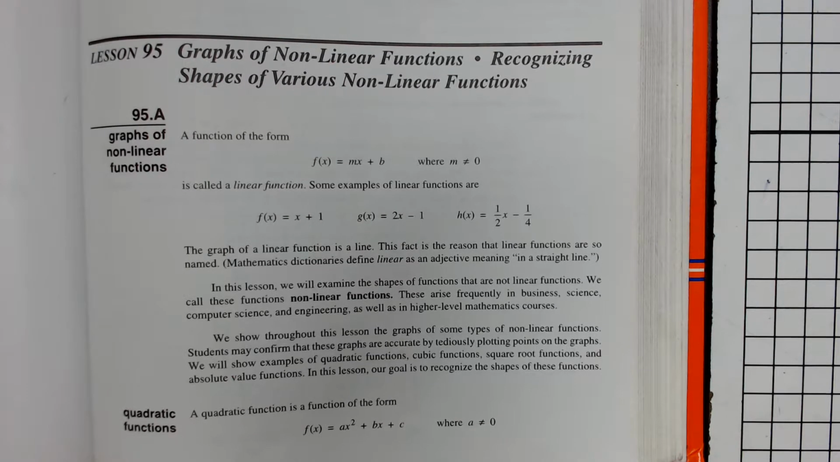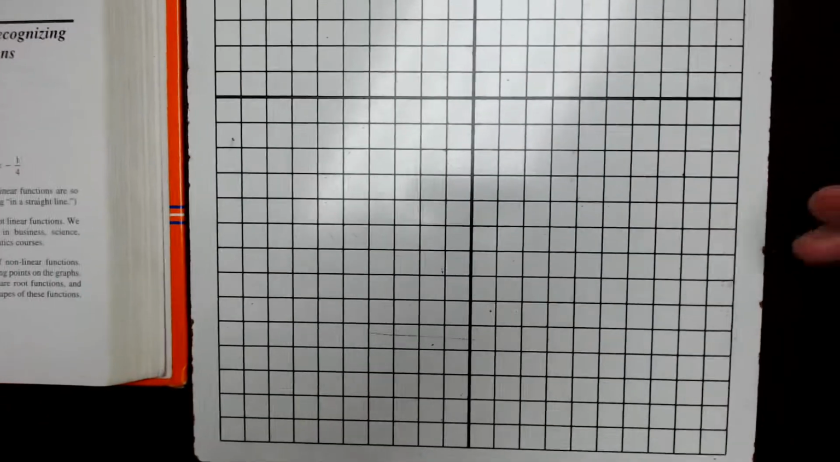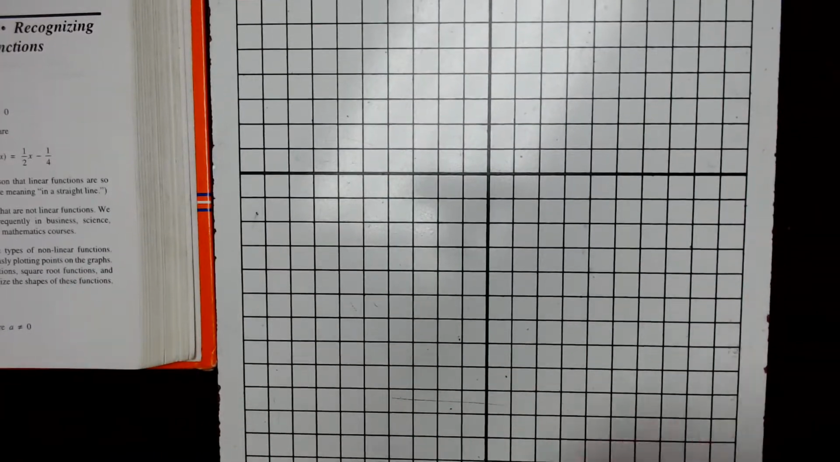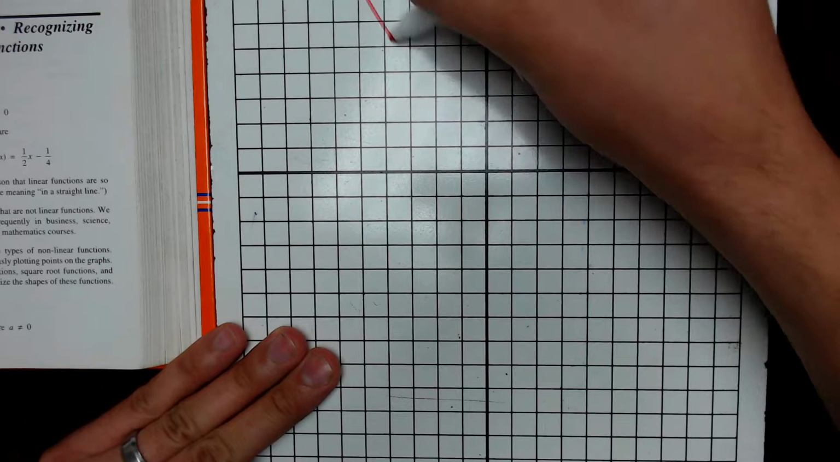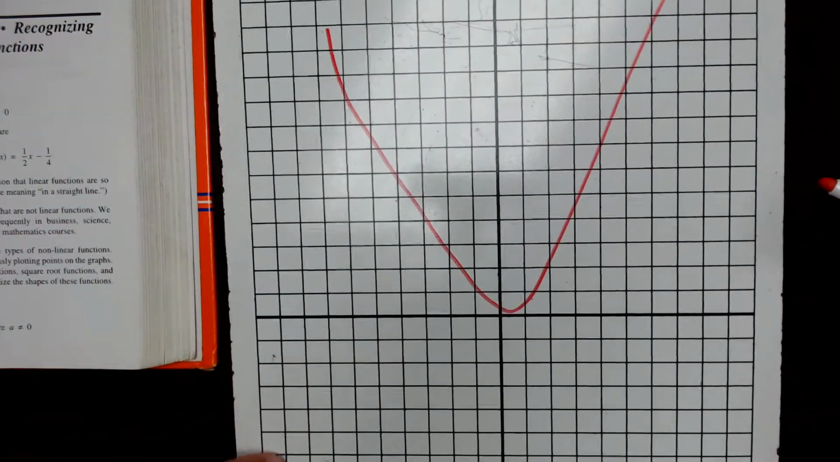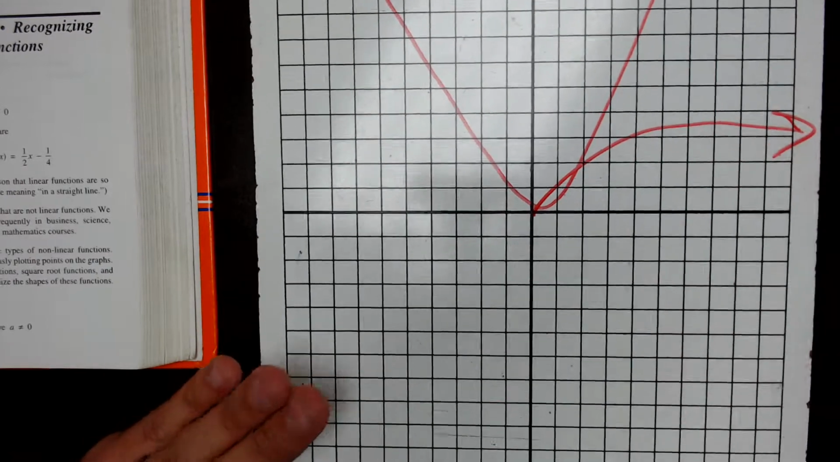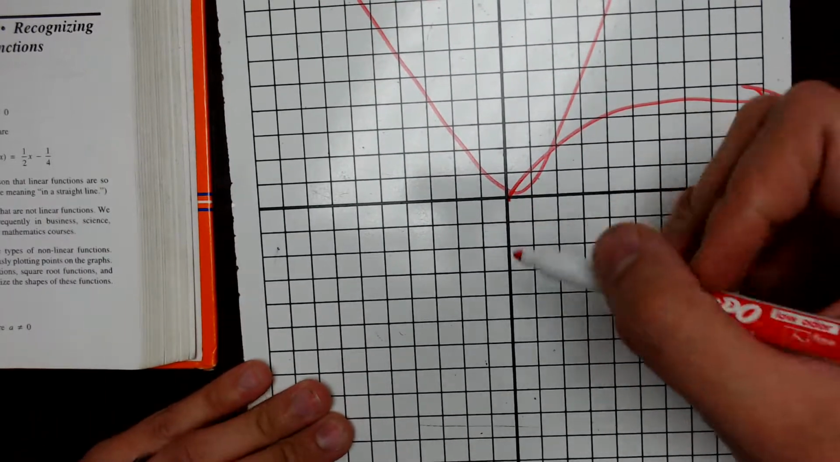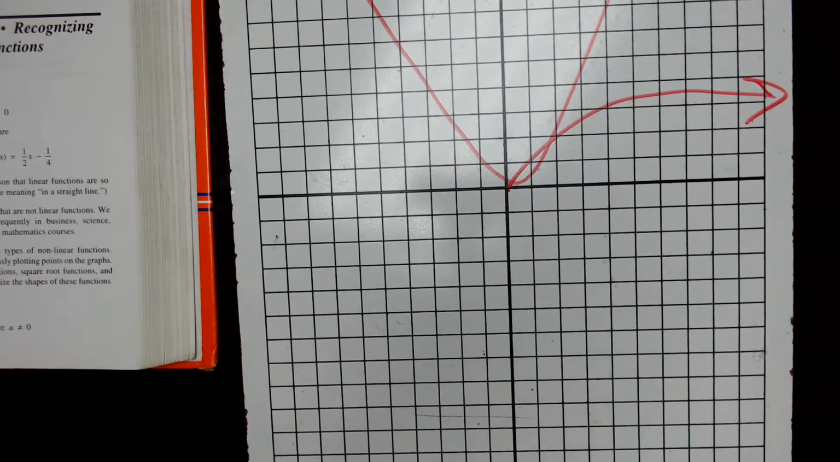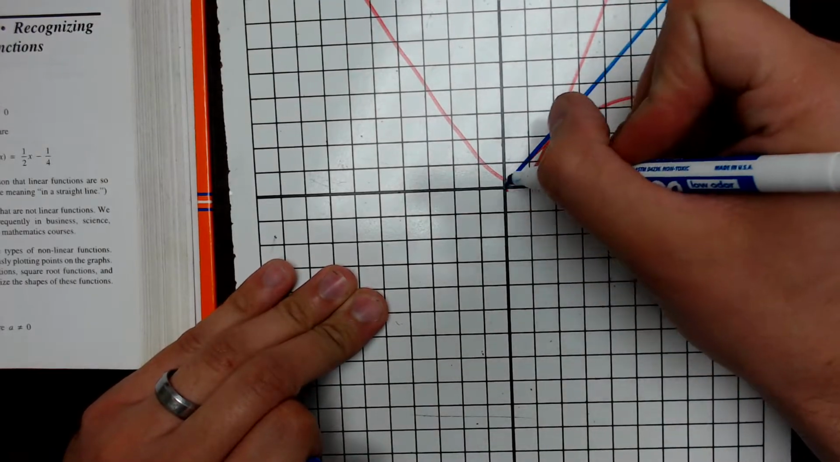Algebra 1, Lesson 95, the graphs of nonlinear functions, and then recognizing the shapes of various nonlinear functions. So a nonlinear function is a function that doesn't make a straight line. So really quick examples of nonlinear functions would be something like this, or something like this that goes in that direction. We could also have ones that go like this in straight